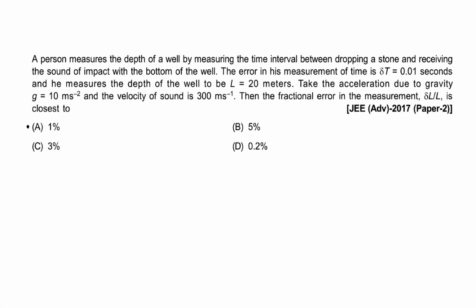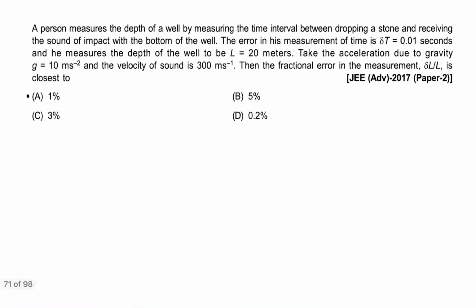This reading is minimum reading. So option B is the correct option. Observe this. Next one, in 2017 paper 2, they have given that a person measured the depth of a well by